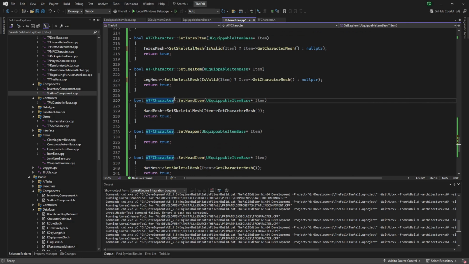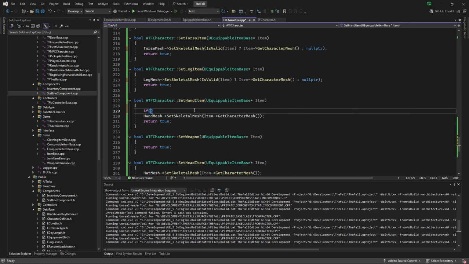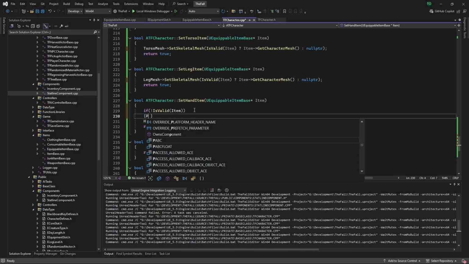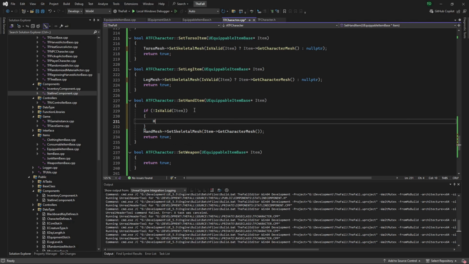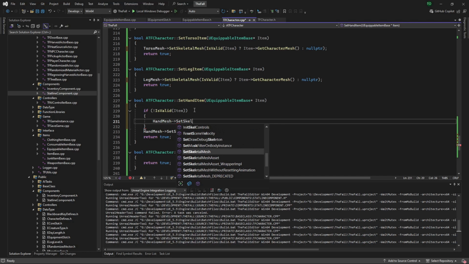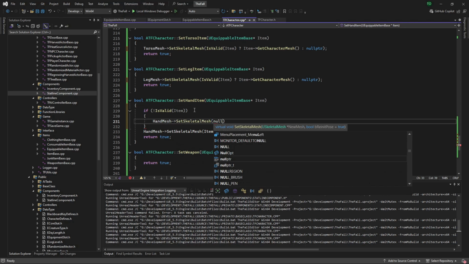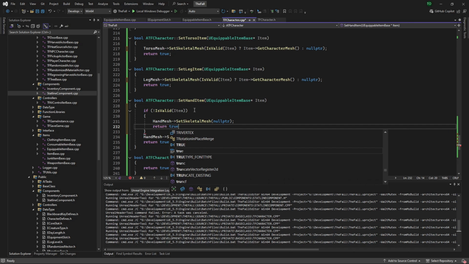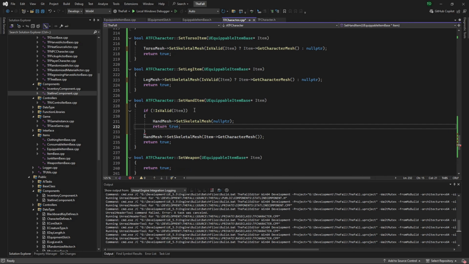You could do something like: if not is valid item, hand mesh set skeletal mesh null pointer, and then return true. Now these all only have return trues because there could be a case of certain items